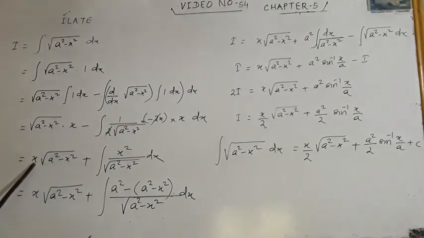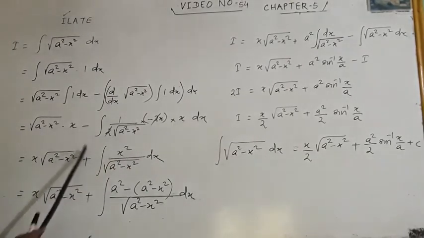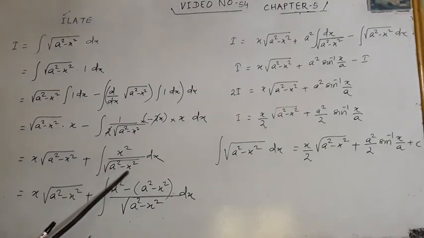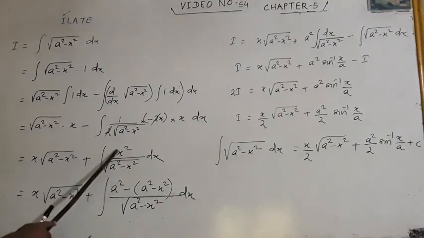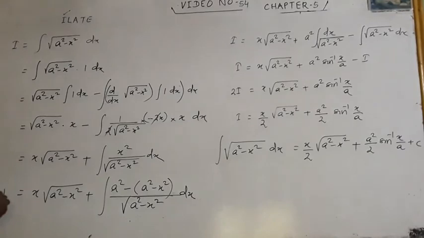x comes to this position: x√(a²−x²) plus x into x, which is minus minus plus, x²/√(a²−x²). Looking at the denominator, it has x² power, so how do you adjust the numerator? By looking at the denominator, a² minus x²: the a² cancels, and minus minus gives plus x². Now divide this by this, which gives x√(a²−x²). This is your I. I am taking that I to that position.